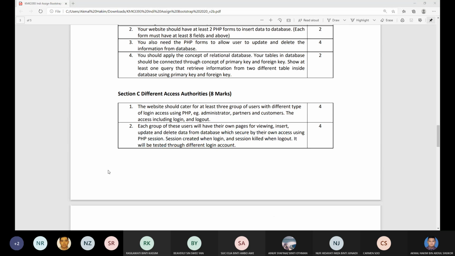Okay, let's look at C now. So you can see different access authorities. The website should cater at least 3 different users with different types of login access using PHP. Okay, so